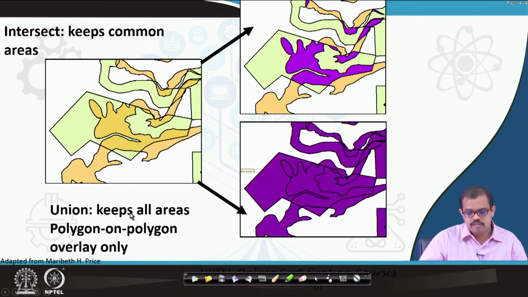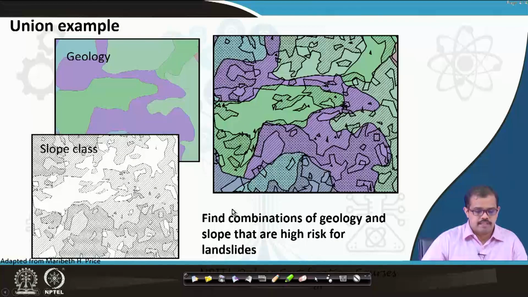If you look at union, both of these will be accommodated here. So if you want to look at only the regions that are affected by a certain phenomenon, you will probably use intersect. But if you want to look at the entire region including the region that is affected, then you use the union tool. That is what it is representing.